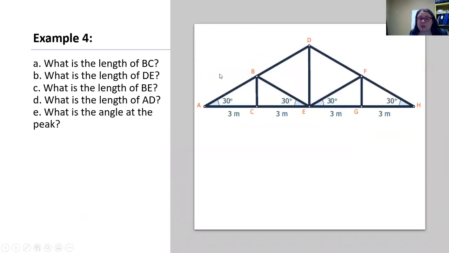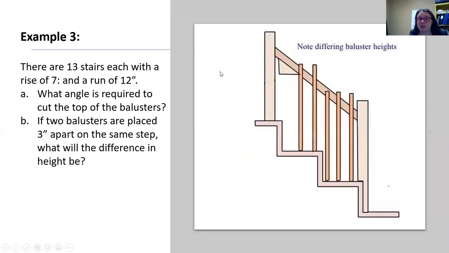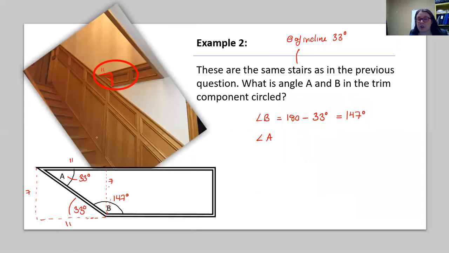Centimeter. Go back here. There we go. Rise of 11 and a run of 7. Okay, so angle A is equal to our angle of incline, which is 33 degrees. This question, we really didn't have to use any extra SOHCAHTOA. We just had to think about how what we calculated before related or connected to what we had just got. Does